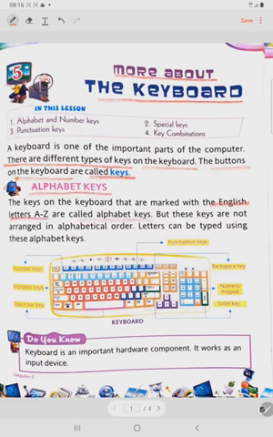But these keys are not arranged in alphabetical order. Children, you can see in the picture that the alphabets start from A to Z, but on the keyboard these keys are not arranged in alphabetical order. They are arranged the same as the keys on a typewriter. Letters can be typed using these alphabet keys.